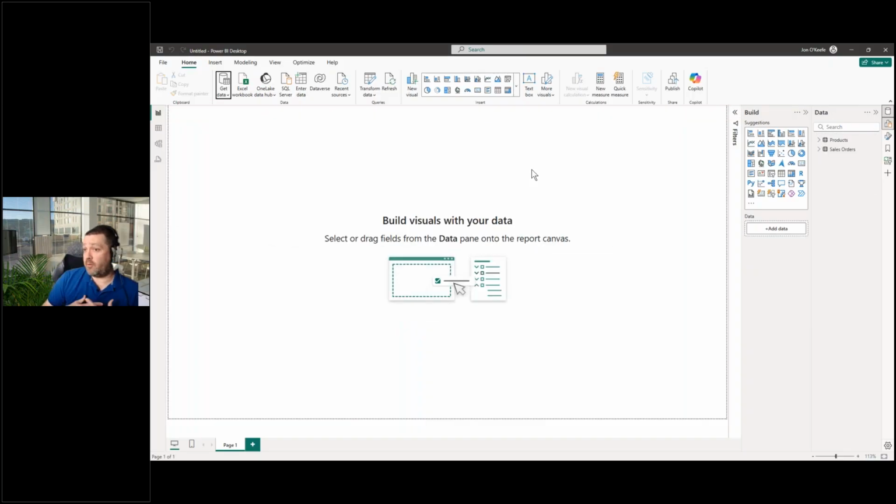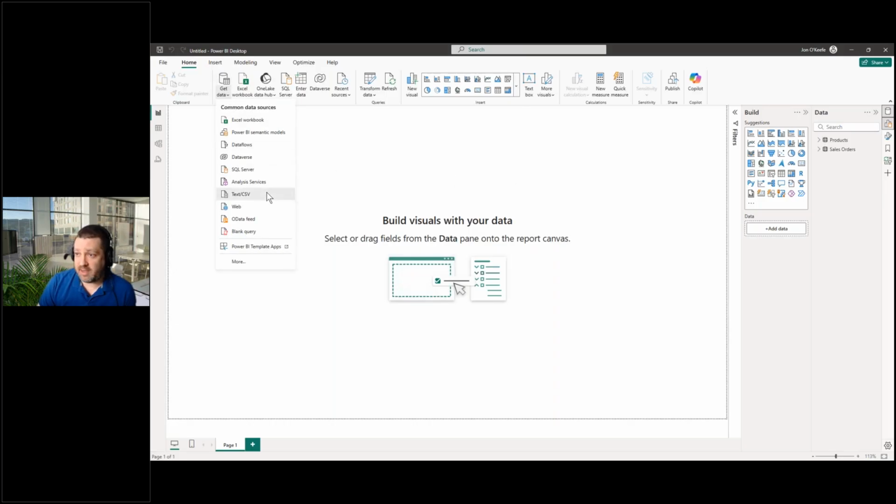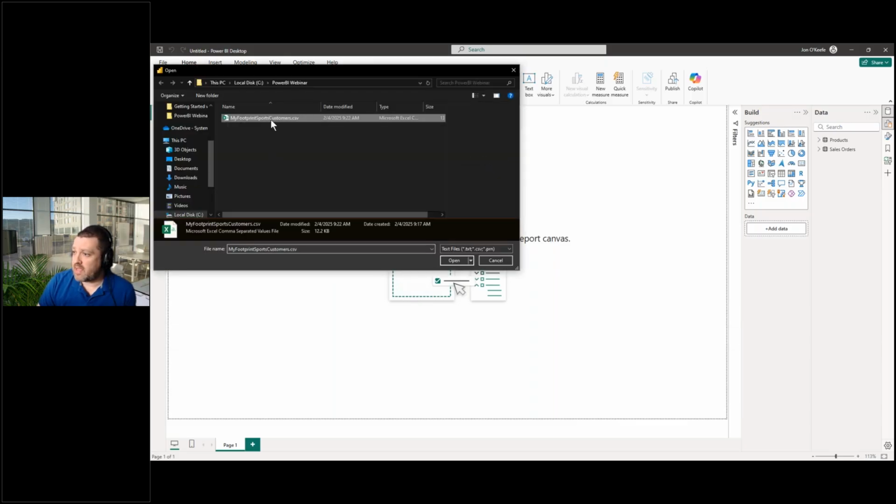Now I've gone from no data to a products and a sales order data set over here. And I can start building visualizations right from here and start my data storytelling. I have a couple of other things I want to grab really quick. If you guys remember, we had a CSV file in there. That CSV file